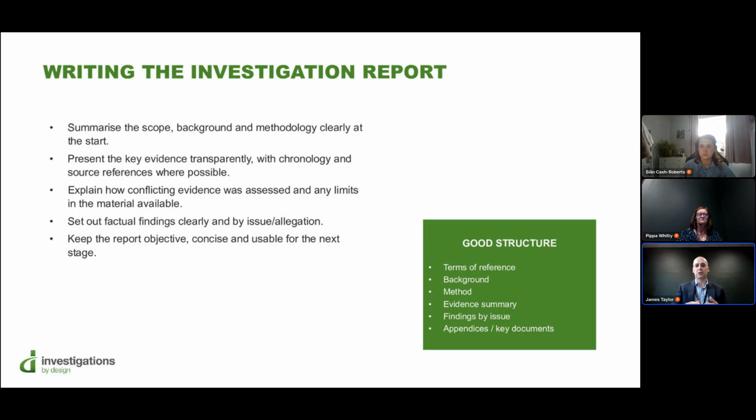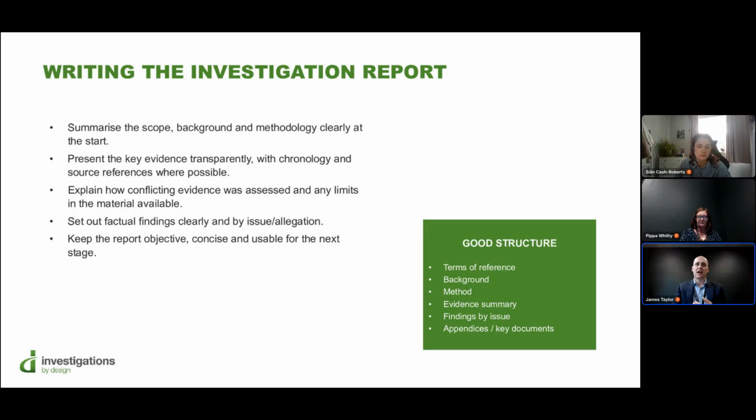So a good report should follow the terms of reference closely. I think this is important because if you go beyond the defined scope of the investigation, you often fail to address the issues therein, and you're also outside of your terms of reference. So you'd be opening the door to criticism, but you also need to think about the principles of fairness. There should be nothing in the investigation that the individual hasn't had a chance to provide a response to. We go back to natural justice, to fairness. So we don't want to make the investigation report open to challenge. You've done all this work.